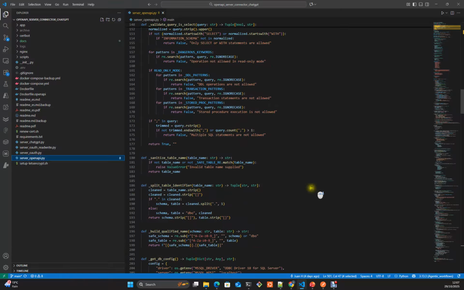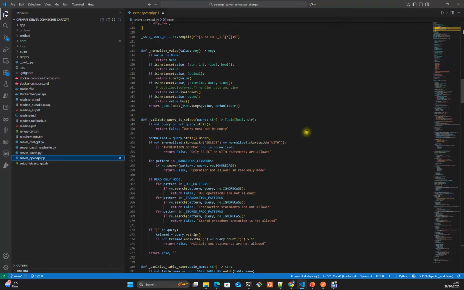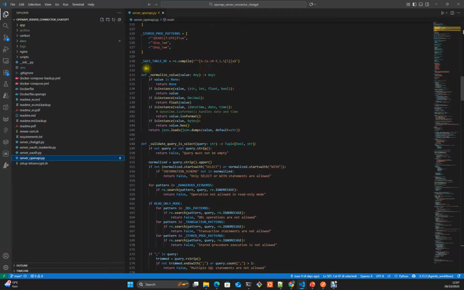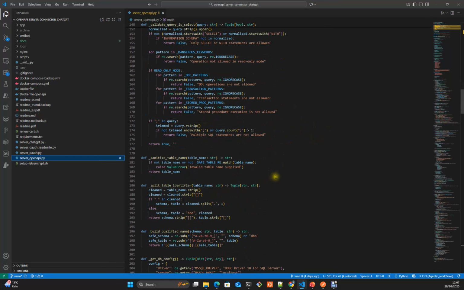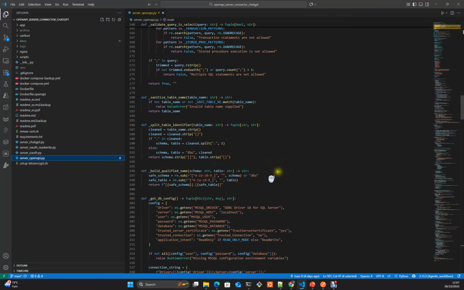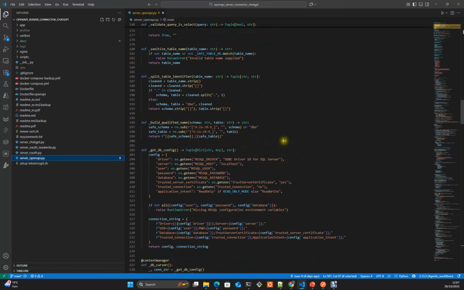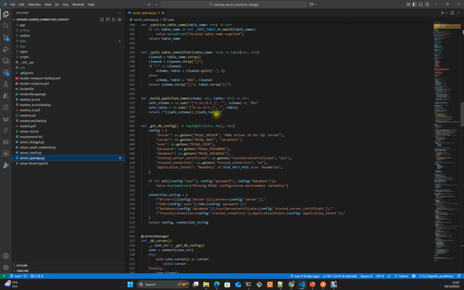So here as well, to avoid creating queries that may cause SQL injections, we are doing sanitization as well, of table names. Here just another helper to identify all the tables that we have on the database, qualified name, just to build the final name that is going to be used to do the final query.